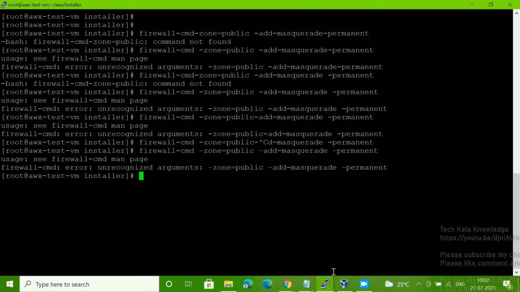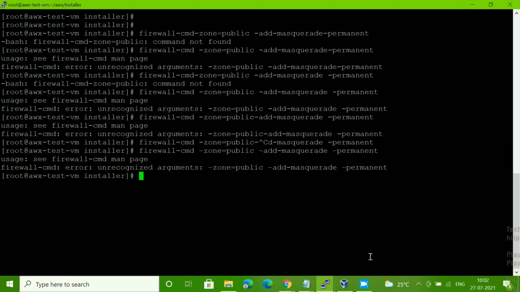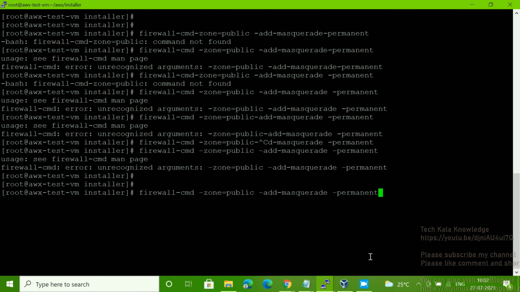Okay, so I got the solution. There was a syntax error. When I have to give it, it should be double hyphen, not a single hyphen. Let me change it here also.